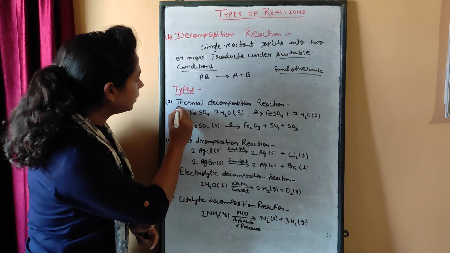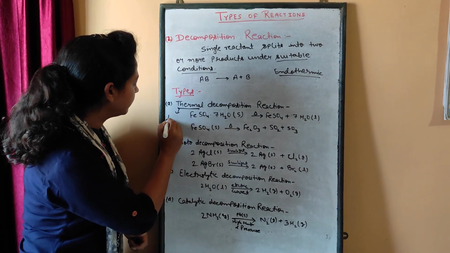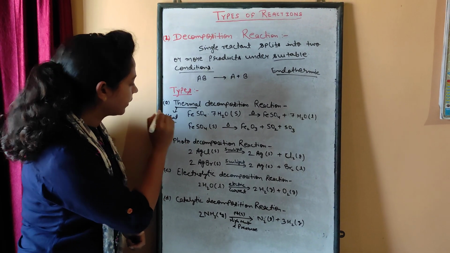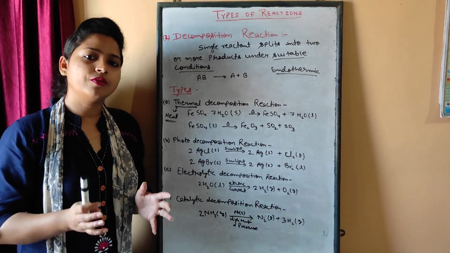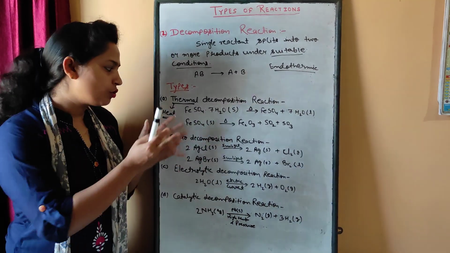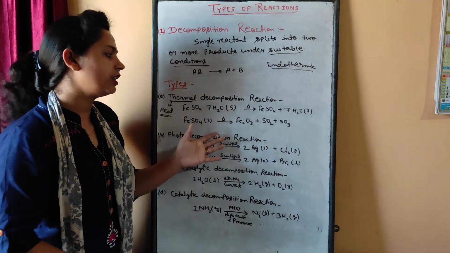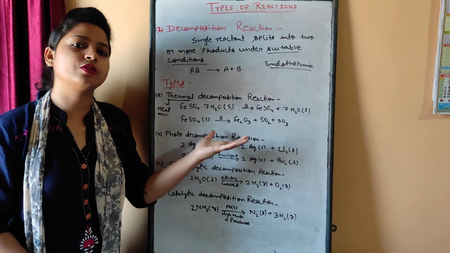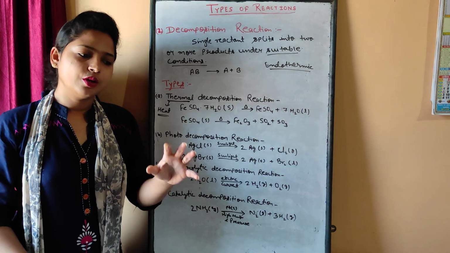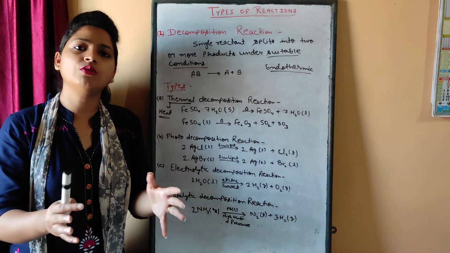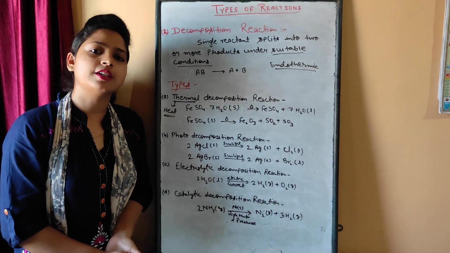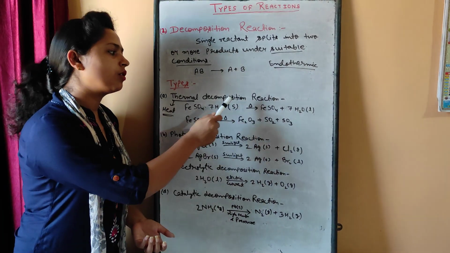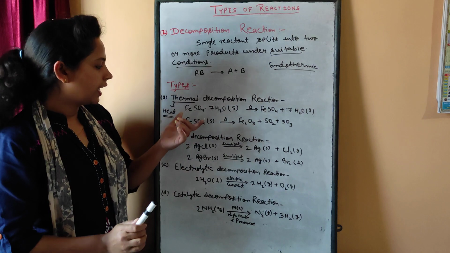The meaning of the term thermal is heat. So when we require heat energy to break down reactants, then this is called thermal decomposition reaction. It means when heat is the source to break down or split the reactant into different products, then the decomposition reaction is termed as thermal decomposition reaction. As for example,